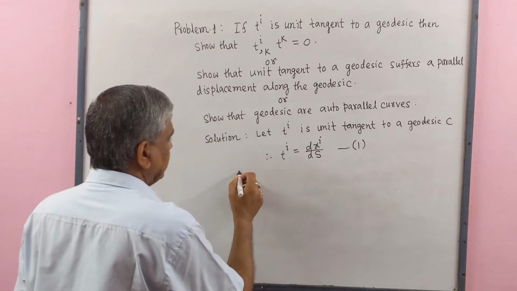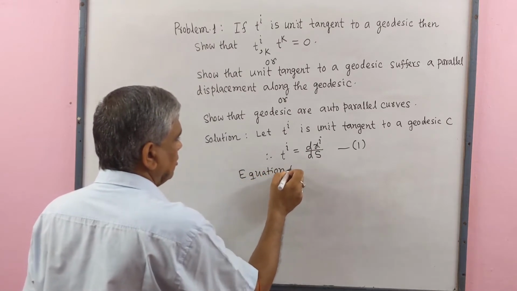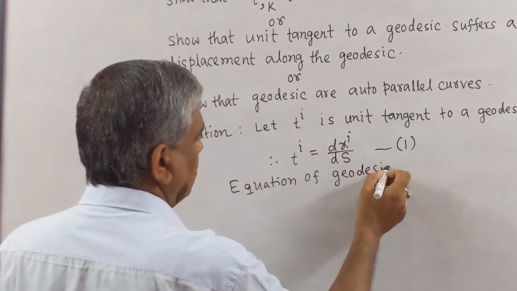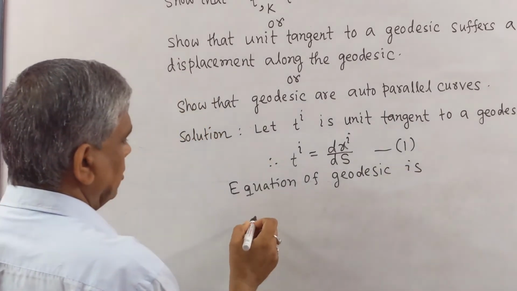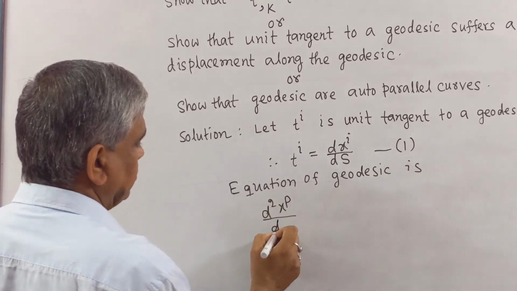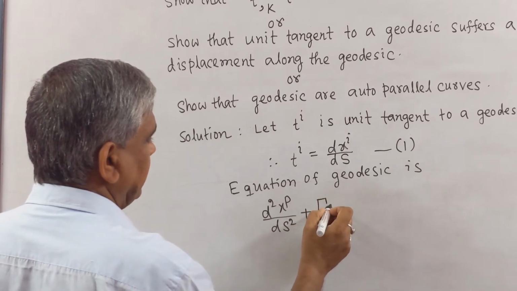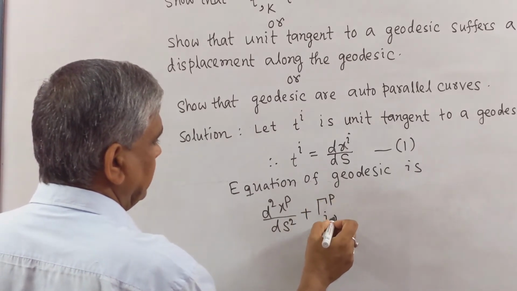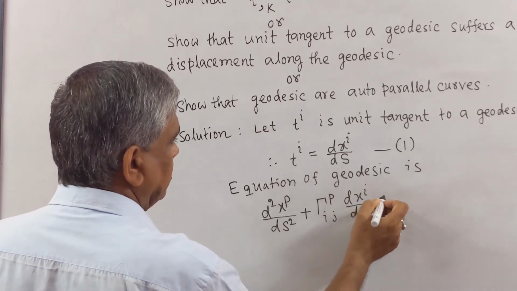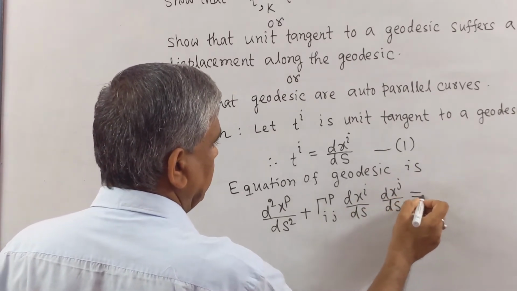Equation of geodesic is d2xp by ds square plus Christoffel symbol of the second kind p ij, dxi by ds, dxj by ds equals 0,